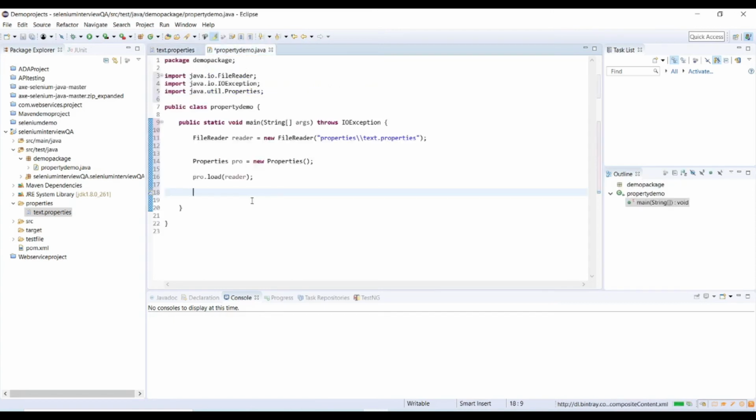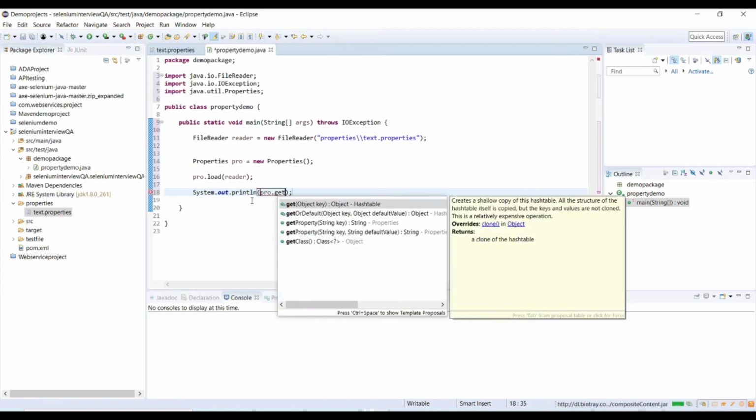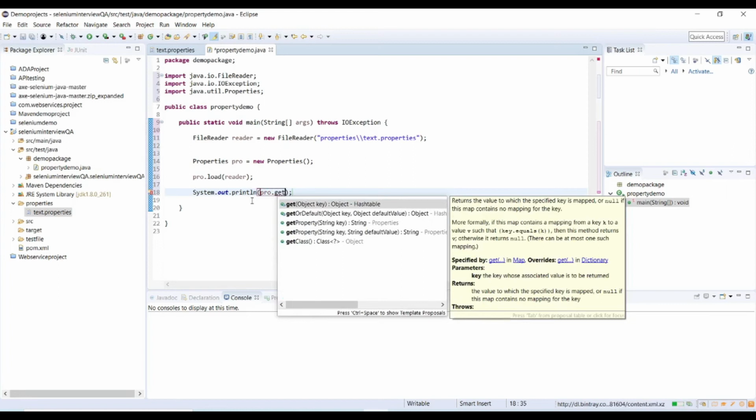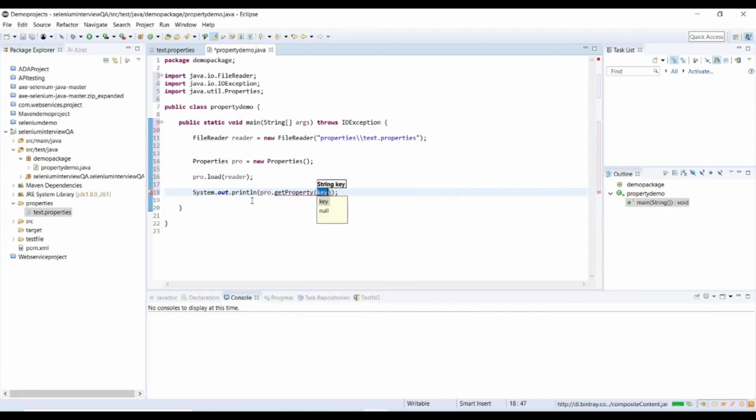I want to print this property value in the console, so System.out.print, and under print we need to provide the value: pro.getProperty. We have a getProperty method under Properties, and we need to provide the key name, which is username. Save the program and quickly run it.